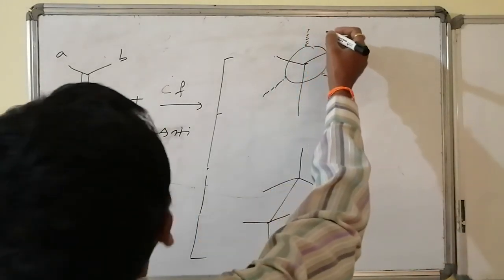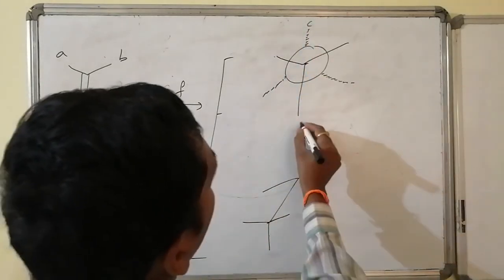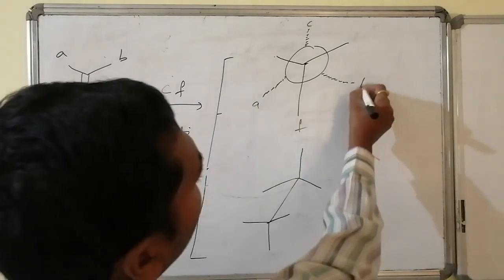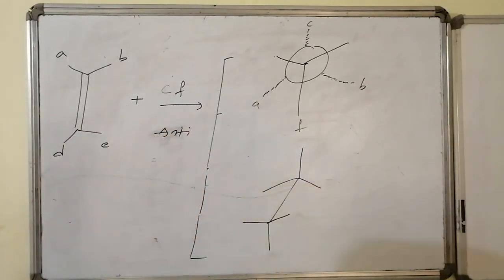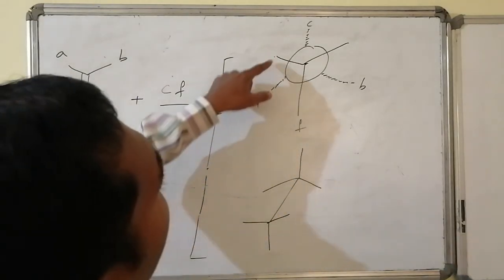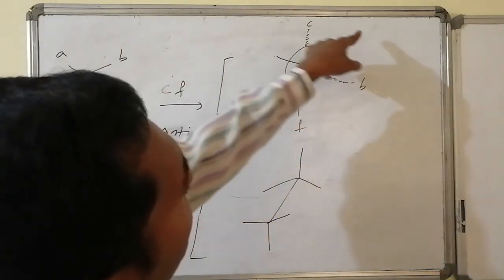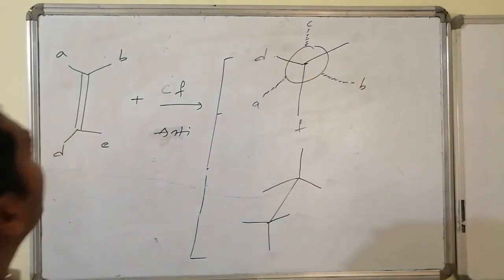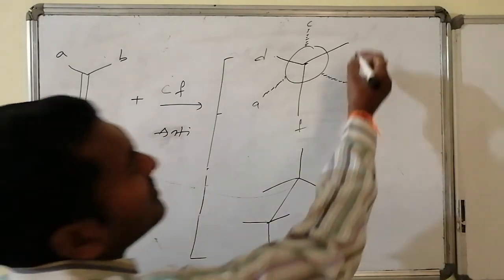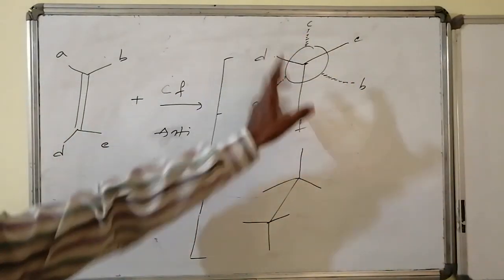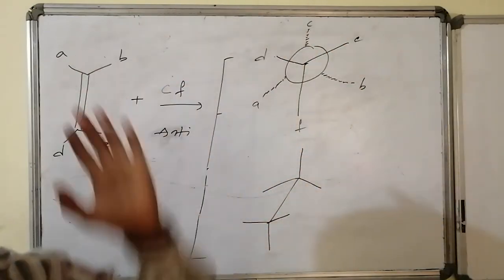Suppose this is C and this is F. Whereas the top carbon atom has two other valencies, that is A is one valency as well as B is one valency. Whereas A is very close to D, so closeness of that one is possible. One is this, other is D. This is 180 degrees apart, hence this will be D. Whereas B is close to E, that will become C. In that way, the addition is possible. Either I can take C and F like this, C and F like this.